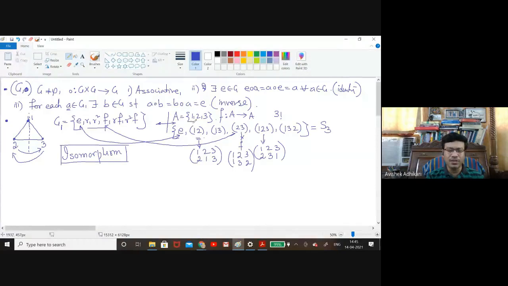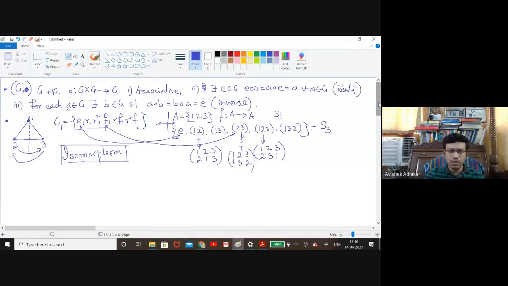So I started with a triangle, and from nowhere I basically came up with two different kinds of groups. But at the end of the day, what we found is that they are basically the same. So it looks quite abstract, but that's the basic aim of abstract algebra, to find some similarities between two abstract things. They are basically just sets, two sets, and how they are similar. So try to find similarities among many sets. That is one of the important properties of algebra, to find a few relations or similarities between different algebraic objects. So that's the basic aim.